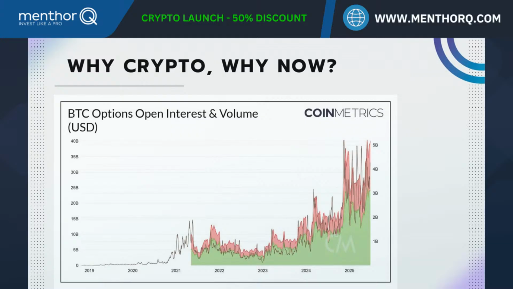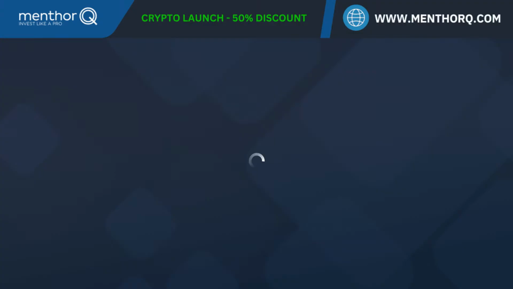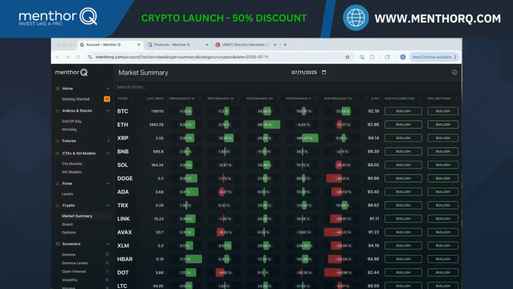Currently, the derivatives market is mostly focused on three exchanges. The main one is Deribit, and then we have Binance and OKX. Those are where probably 95% of the derivatives flow goes. So we have access to those exchanges, and we're very excited to show you what we have today as well. But let's go into the dashboard first.